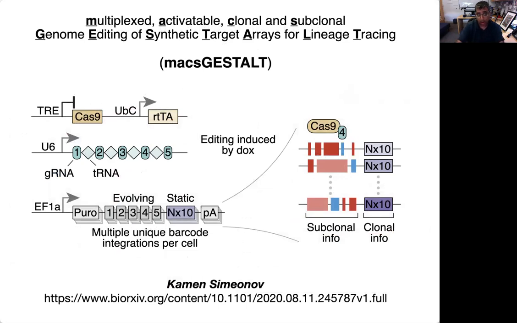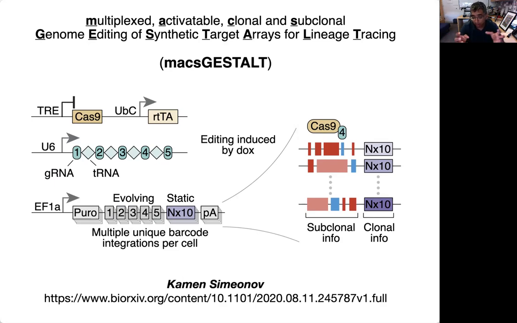And then, Cayman went on to also engineer other components of this system, and ultimately come up with something that we gave a slightly amended name of Max Gestalt, which stands for multiplexed, because we've got many targets here, activatable because this is now an inducible system that we can induce with doxycycline, and the resolution is such that we are able to get both clonal and subclonal information by virtue of integrating lots of these new Max Gestalt barcodes to different locations in the genome, along with kind of a random tag, which in a nutshell enables us to